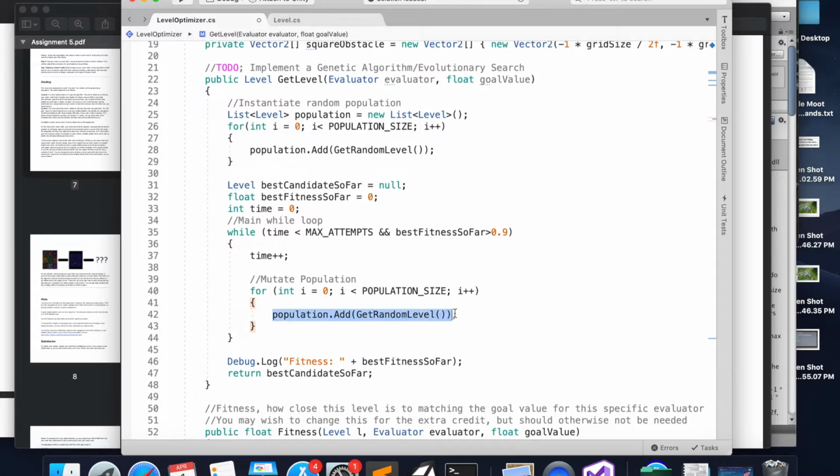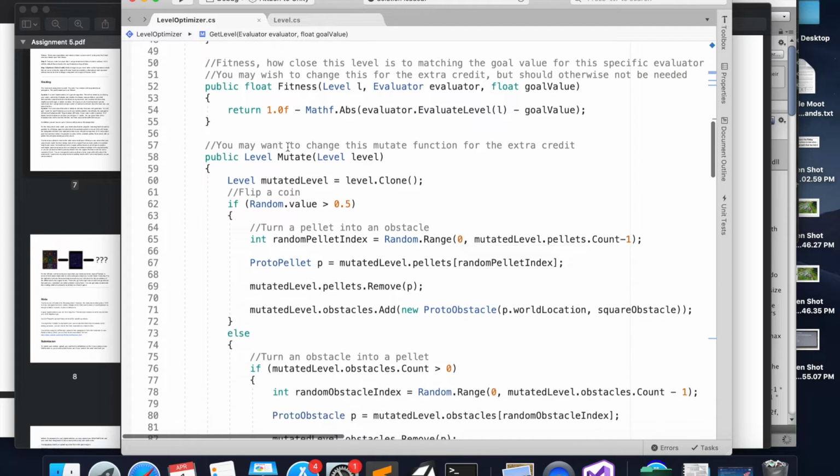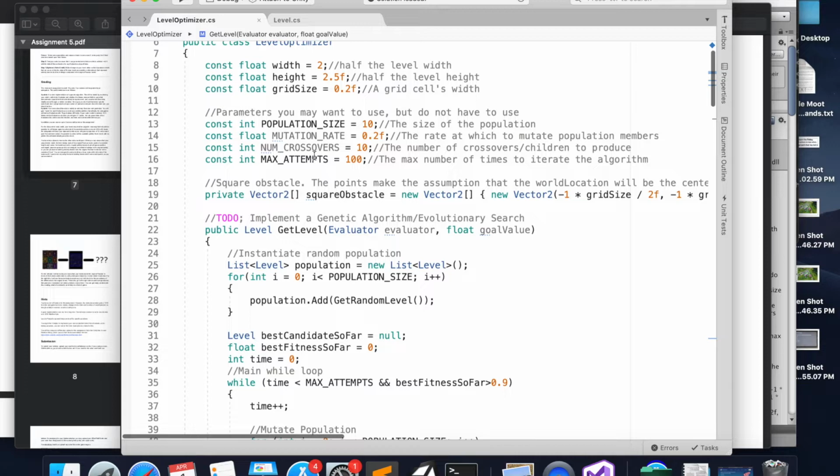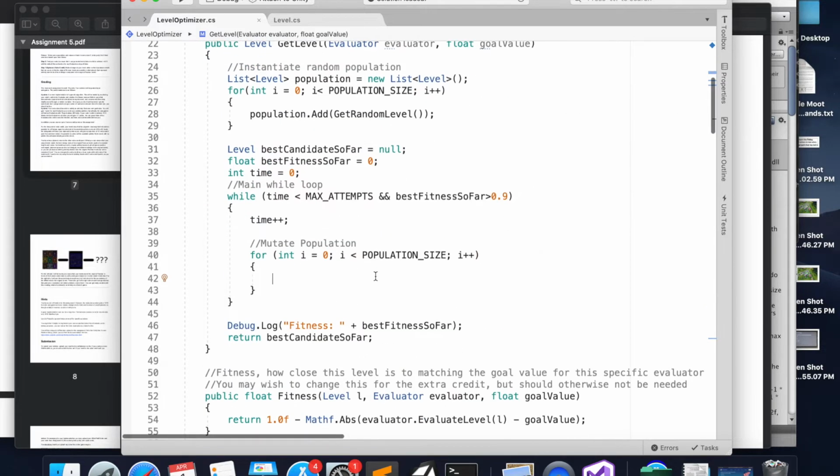I'm not going to actually add more things to this. But in here, what we can do is we can use our mutate function, right? Now, notably, we don't want to always be mutating. We want to mutate according to some mutation rate. So what we can do is we can say if